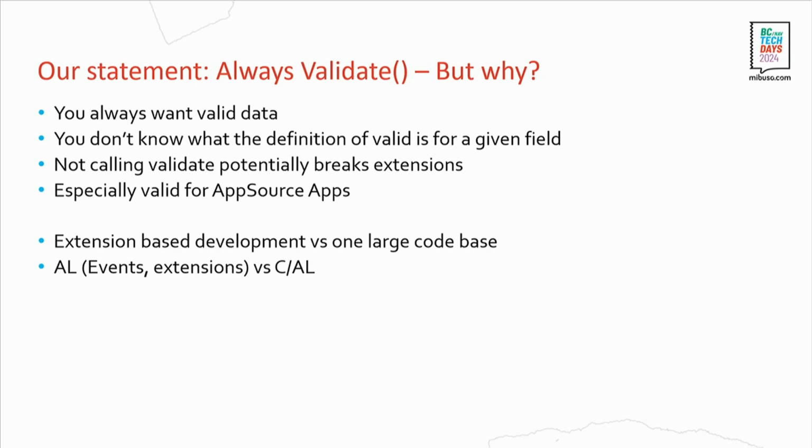And that certainly changed when we went from NAV to Business Central, from C/AL to AL, because back in the days when you had your NAV database, you knew what code was in there, and there was no way that code was added without you noticing, because you needed to merge it into the database. So if somebody added validation code, if some module was added to the database, you touched all the code manually, hopefully. So you knew about added validation code, and then you at least had a chance to react on this and adjust your code if needed.